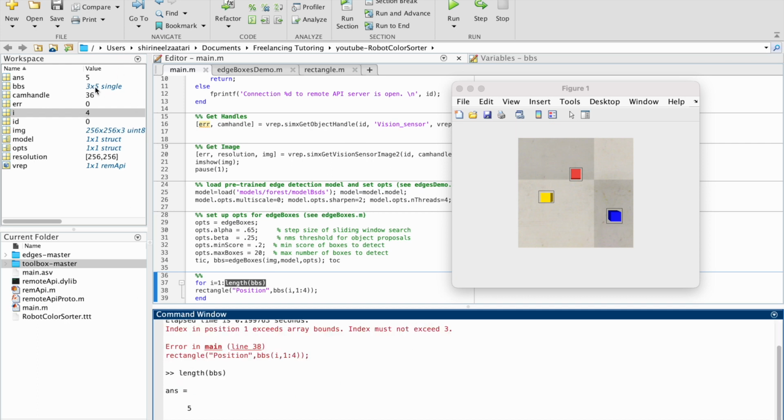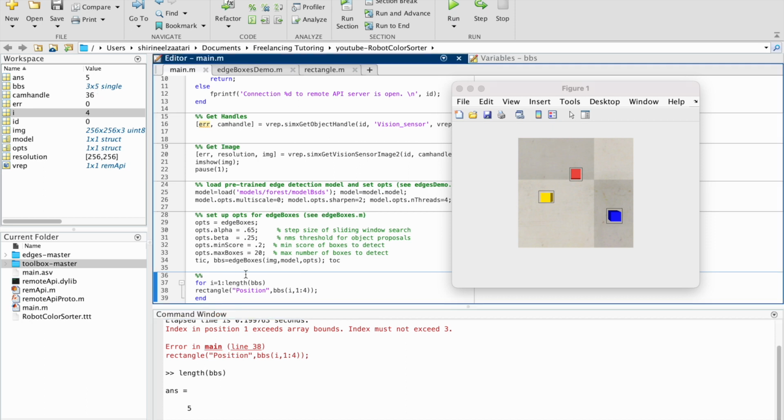So in this case now it's 5. It's no longer the number of rows. Now it's changed to the number of columns, because the number of rows is now less than the number of columns. So instead of using length, we're going to use size BBS, 1. So now we're sure that we're taking the length of the first dimension. 1 here stands for dimension 1, which is the number of rows. So now if you run this again,